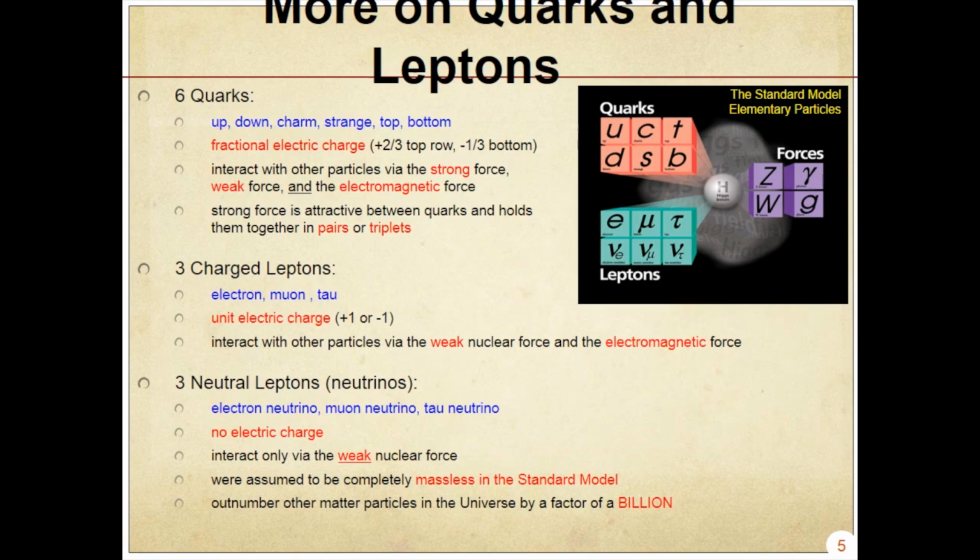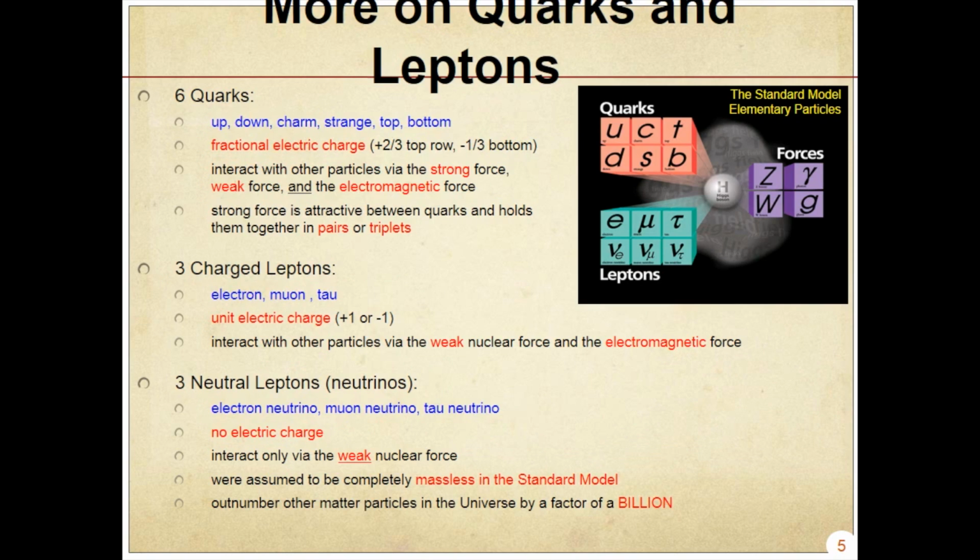They have the ability to experience all three of those forces. That makes them special. The three charged leptons, these guys here, they don't feel the strong force, which is what binds these guys together into nucleons, into neutrons and protons. They don't experience that, but they do feel the electromagnetic and the weak. And then there's the neutrinos, these neutral guys at the bottom, which are the ones we're going to talk about today, that match up against these charged guys, and they only feel the weak force, right? All three, two of the three, one of the three, ignoring gravity. And so that's going to turn out to be a key property of the neutrino.